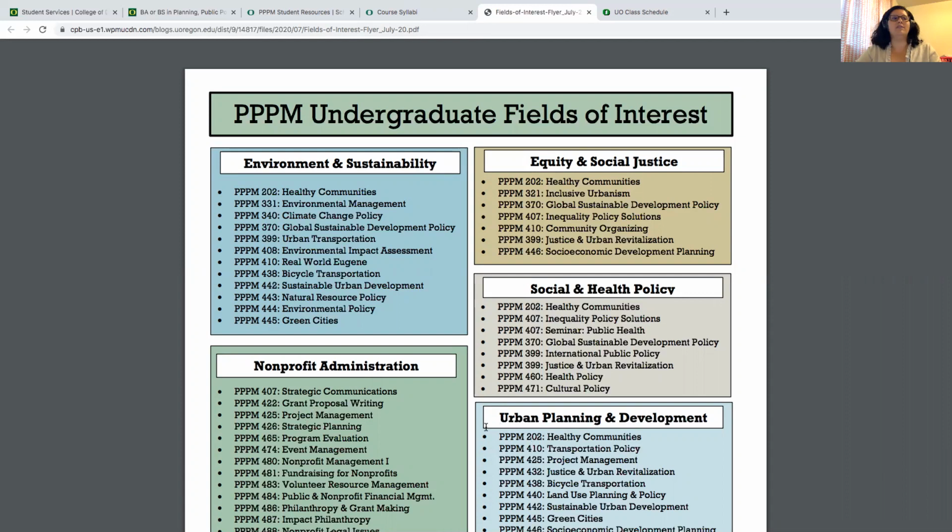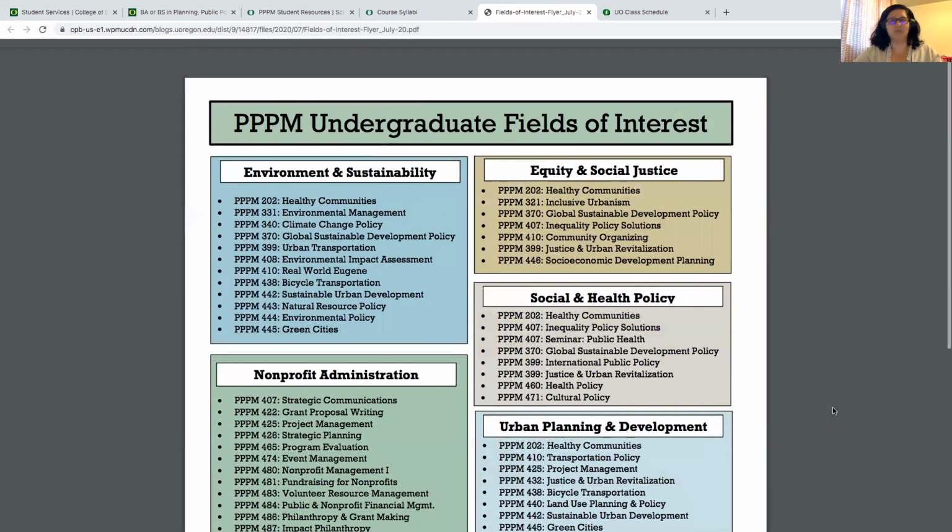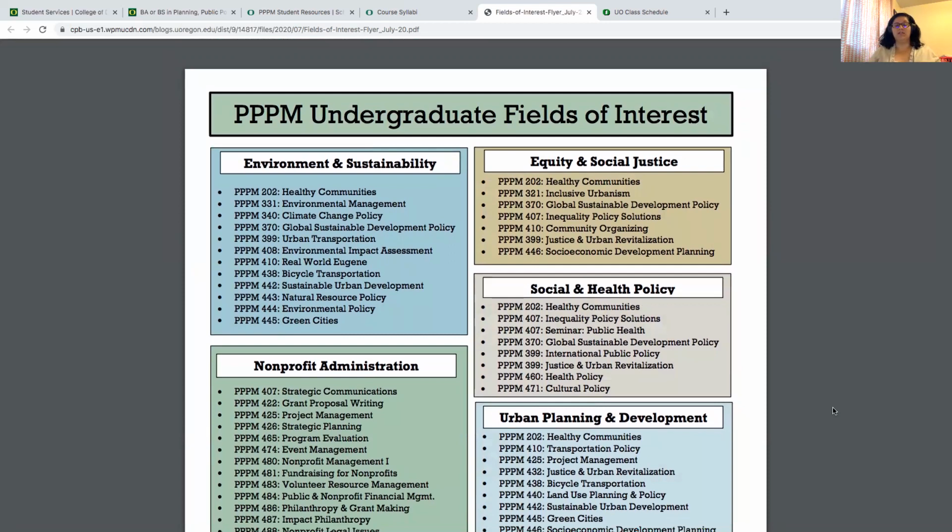You will also notice that some classes count for multiple fields of interest, right? So healthy communities, urban planning and development, you also see it under social and health policy, as well as environment and sustainability or equity and social justice. As you start to take more courses in 3PM and really understand what areas you're interested in learning more about, this is going to help you articulate your skills better when you're pursuing other opportunities.